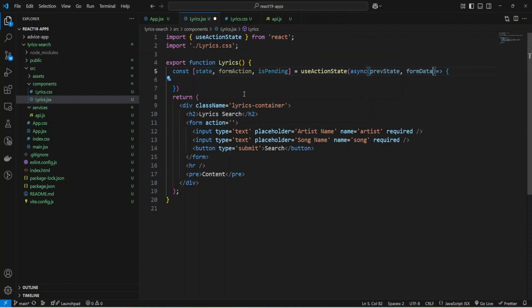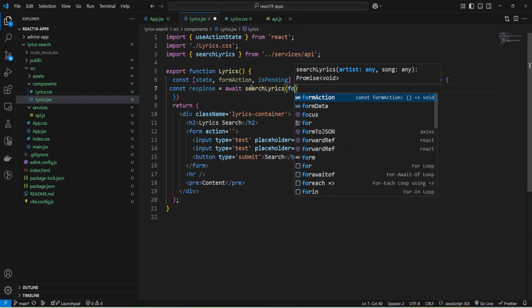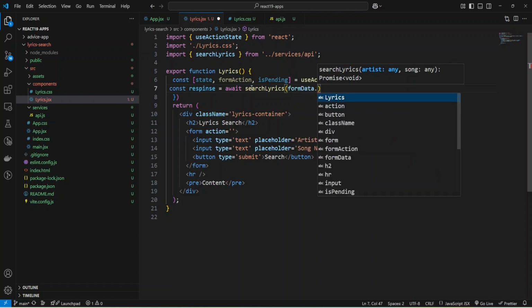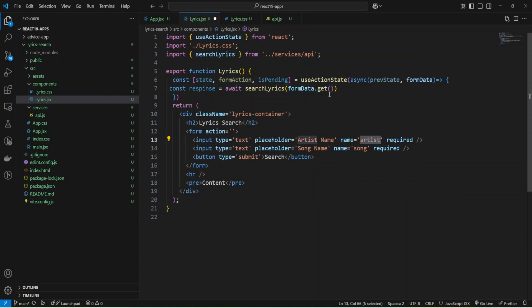Okay, and inside I'm going to call my searchLyrics function with await, and save the response to a variable. Our searchLyrics function needs artist name and song name, and we can retrieve it from form data using get, and I'll use the name.